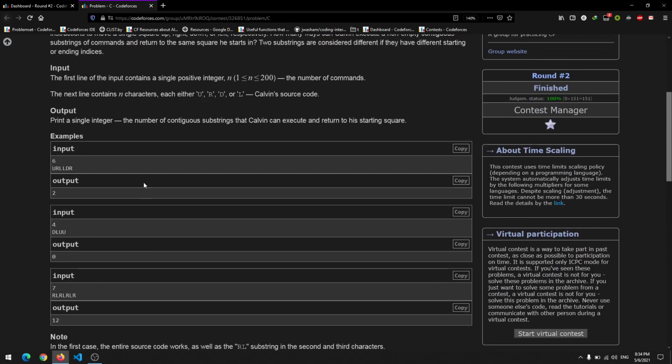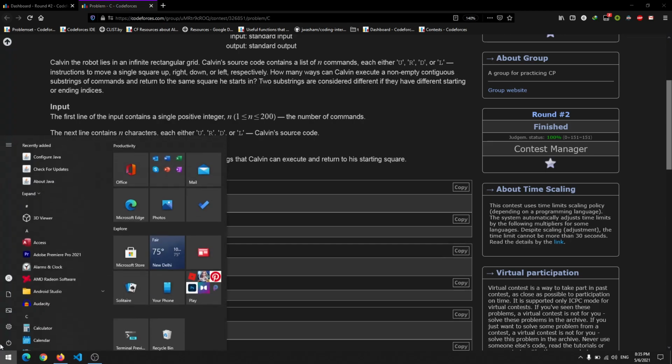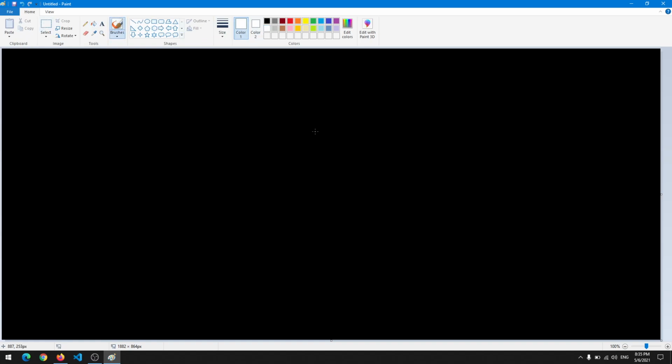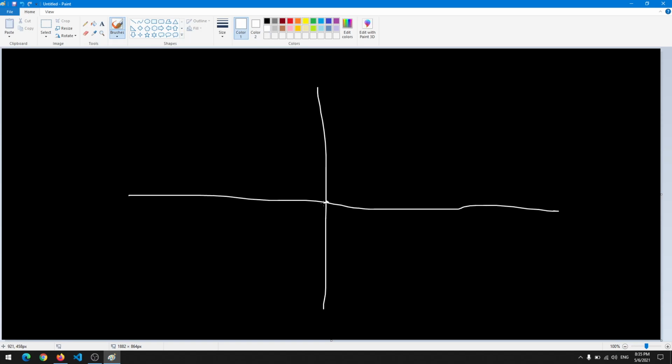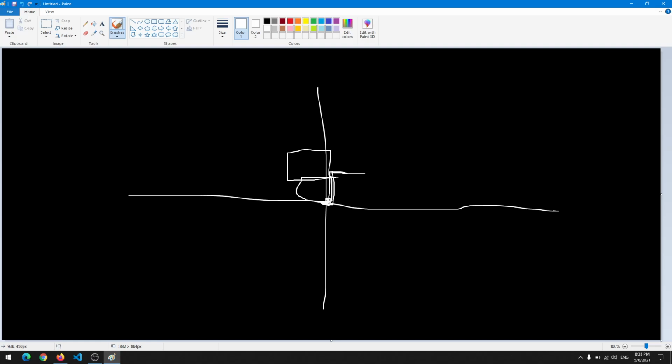Robot sequences. In this one, what you have to do? You start from the origin on a Cartesian plane. Let me bring up the Cartesian plane. You start from the origin and move up, right, left, again down, something like that. You have to check whether you end up at the origin, not after the whole sequence, but after any substring of characters, and how many times you do that.